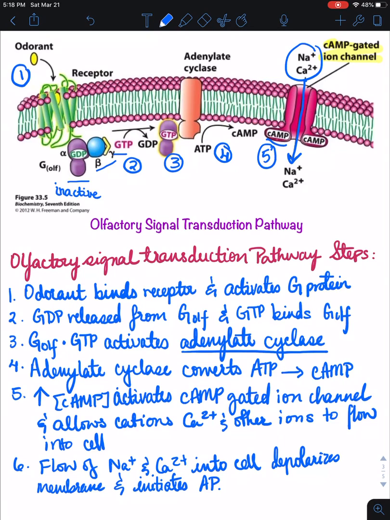Okay, so the flow of the sodium and calcium ions through this channel into the cell depolarizes the membrane and initiates an action potential. So let's quickly recap these steps